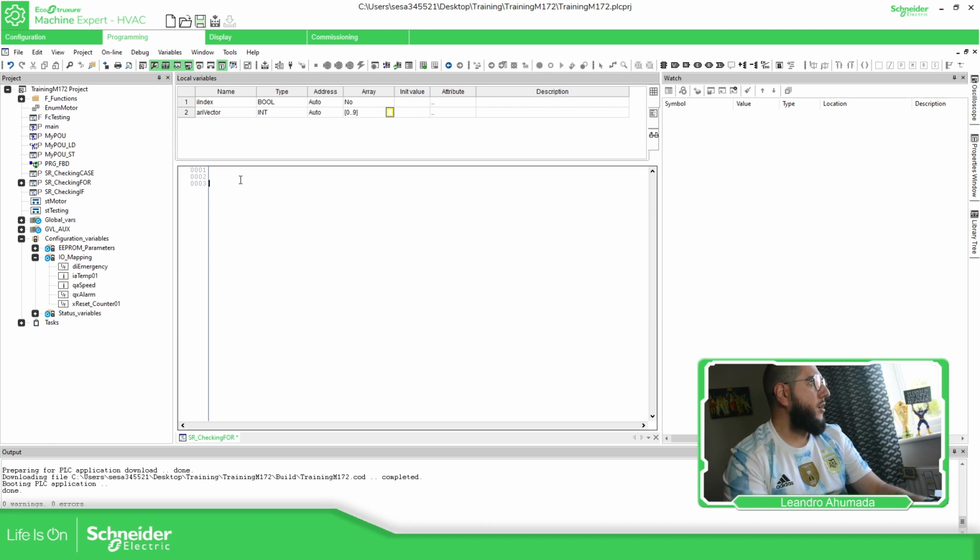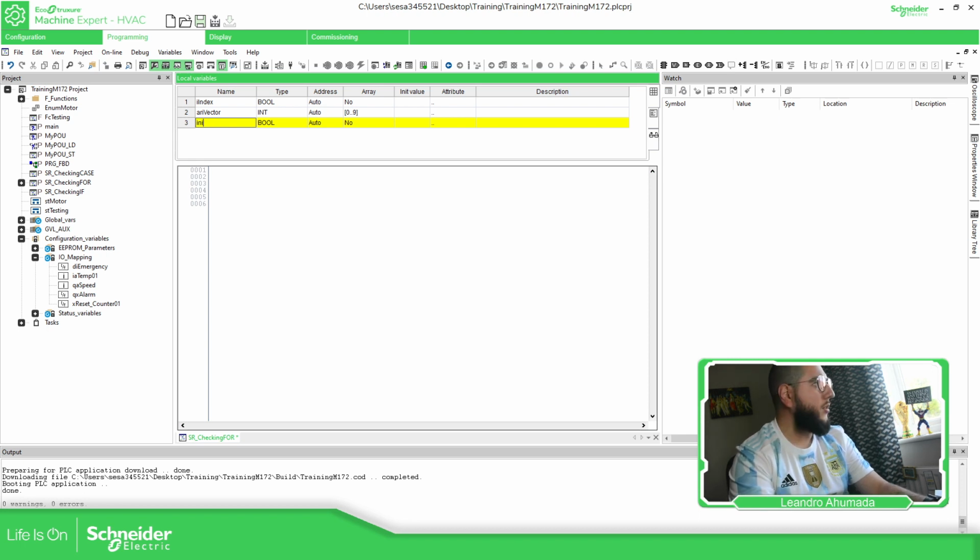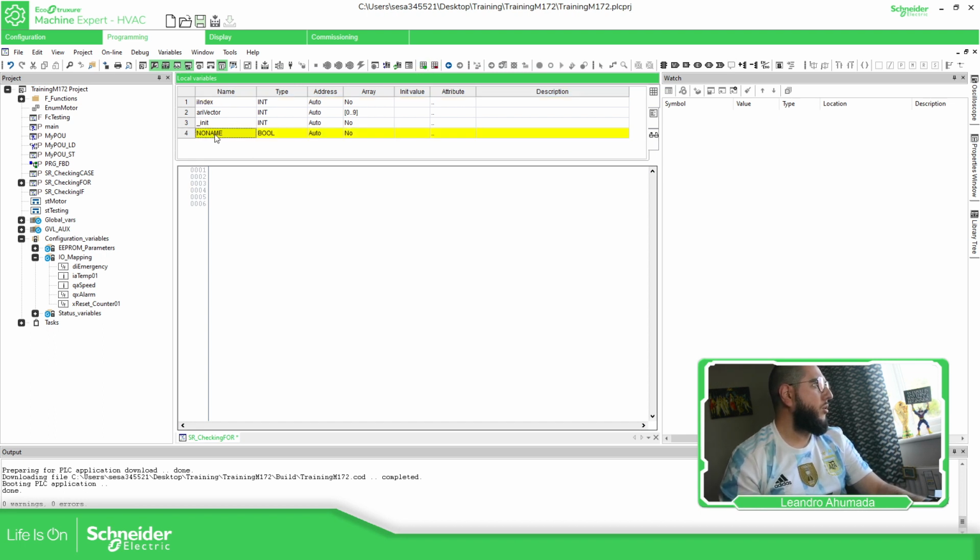So here, what we need to do, let's play a little bit. So init value, it's going to be bool, it's going to be int, this one also int, and I'm going to define the final condition,